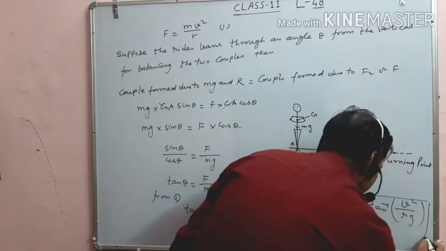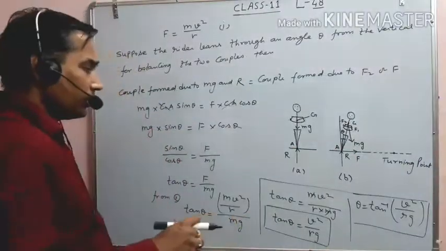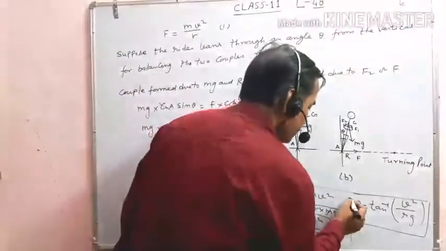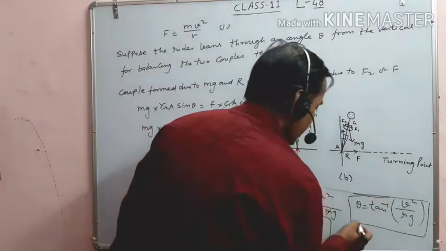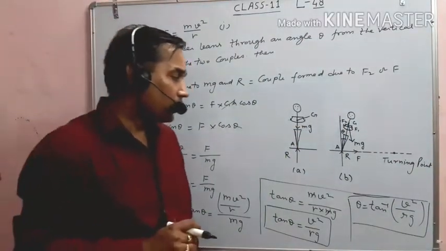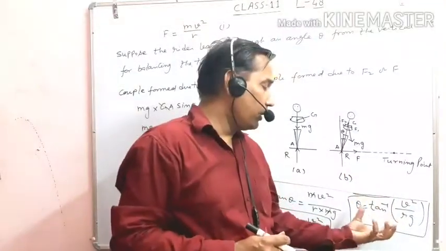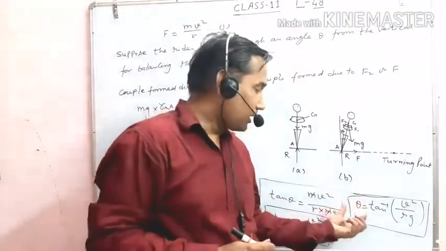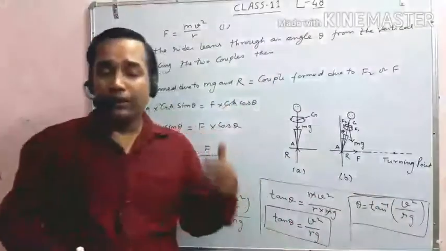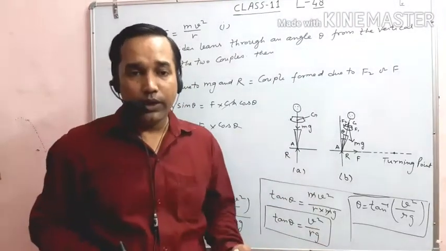If a rider leans at this angle from the vertical, then he can maintain the centripetal force by himself. This is a very important property. If any rider moves on the road and turns at a turning point here or on a ring road, then the required centripetal force will be provided if that vehicle leans toward the center, by itself. Then he can retain the centripetal force. Okay, now